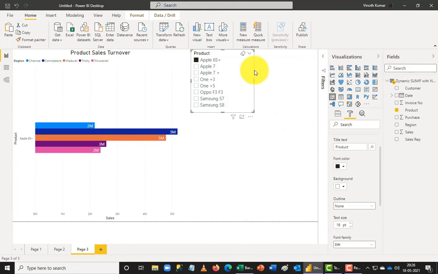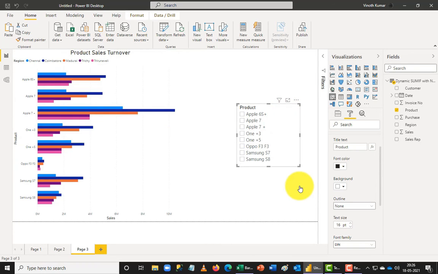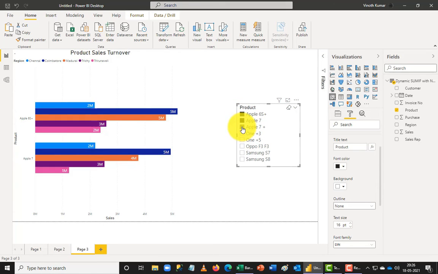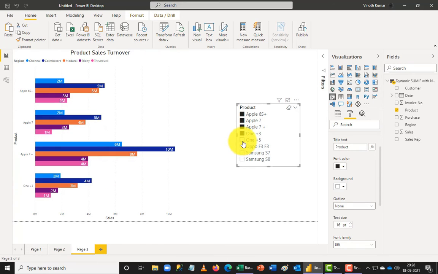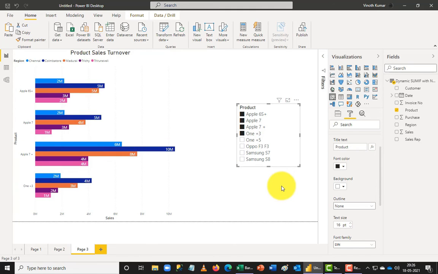Now we can see that the data labels are available for me. So when I choose the dimension here, I can see each and every one of them clearly. But if I put them all in one shot, I may not be able to see the data label clearly here. Only on filter options I can see them to the point. So I can see that I have few data. I'm trying to add 4 or 5 products here. So up to 4 products, it's showing me the data bar very clearly.